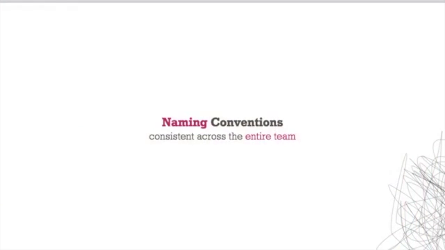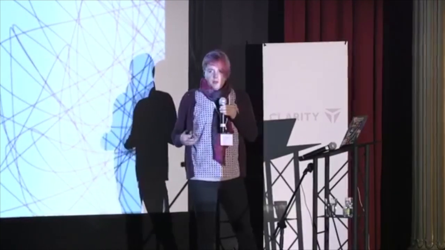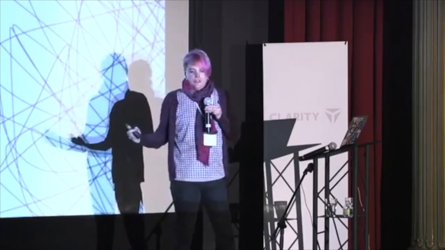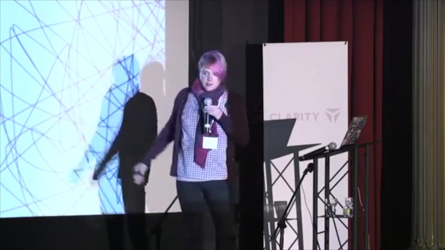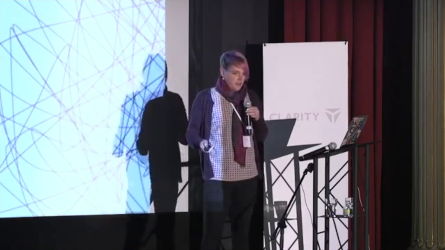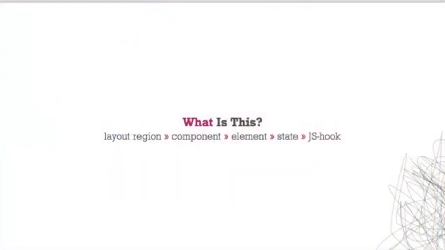So naming conventions are also part of that, and very important. And we try to keep naming conventions consistent across the entire team, and that includes the back end and the database. Because often you'll get confused between the back-end developer using one term for something and the front-end developer using another term for something. And even that causes regular confusion. So we try to keep naming conventions consistent through everybody. And that doesn't necessarily trickle down to whether you're using dashes or underscores, but at least things are called the same thing. And so part of a naming convention should be making sure that in the patterns of naming things,